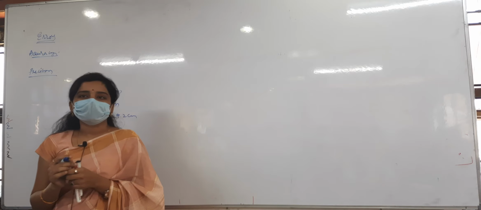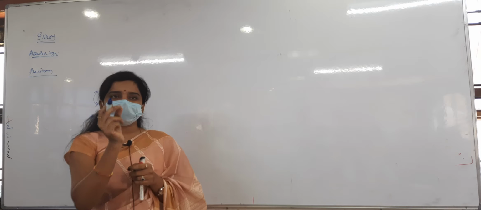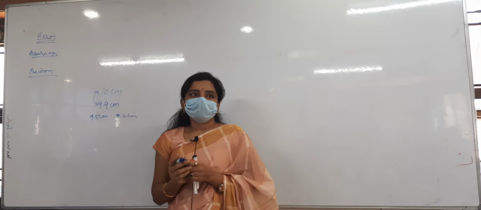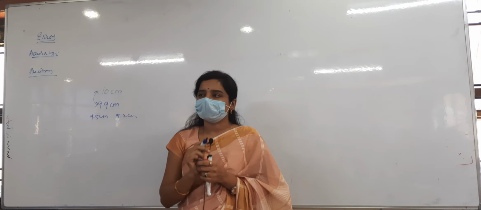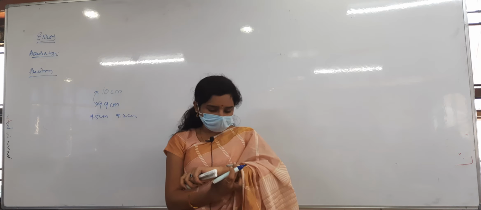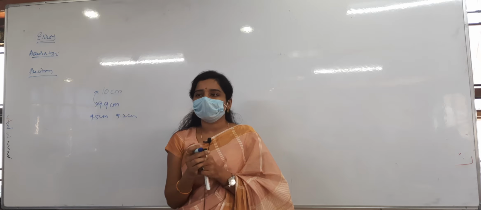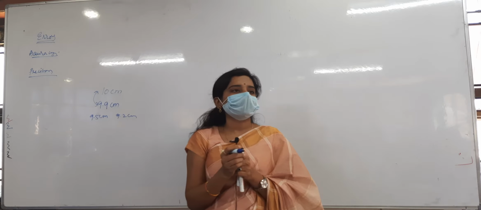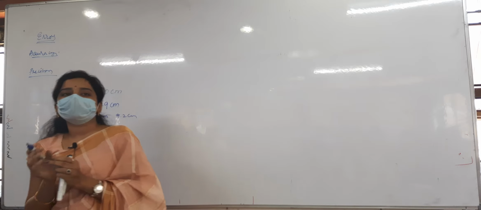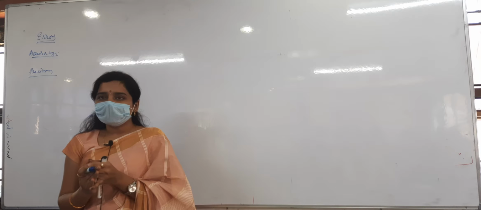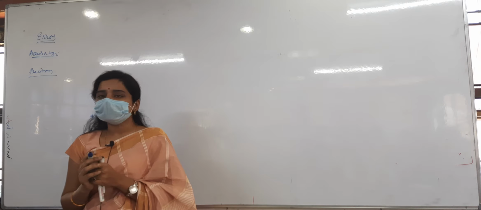For example, if we take a normal wall clock, the minimum we can see is 1 second, whenever it is ticking. So the precision of that clock is 1 second. In some watches the second hand will not be there, only the minute hand and hour hand. For that, the precision is 1 minute. Clear? You understand, right? Precision is the least value which I can measure with that instrument. Accuracy is the closeness of the measured value to the true value.